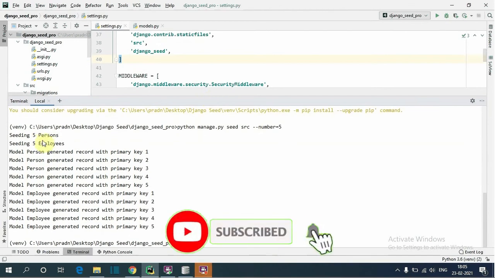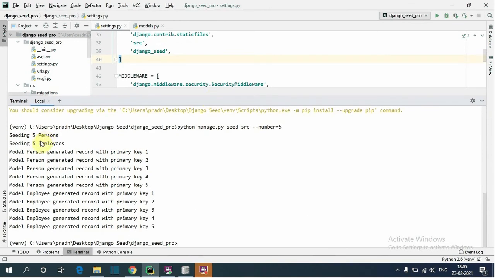See here, it inserted 5 persons and 5 employees with the primary keys.